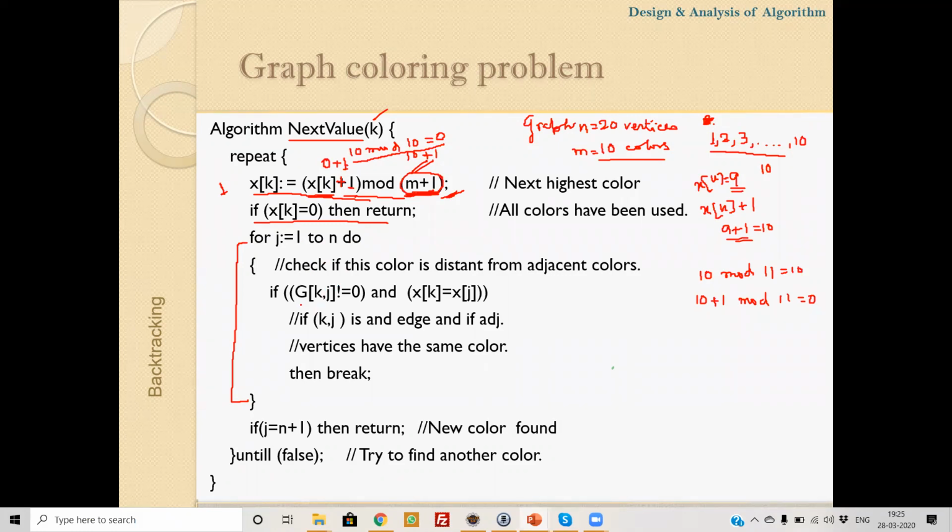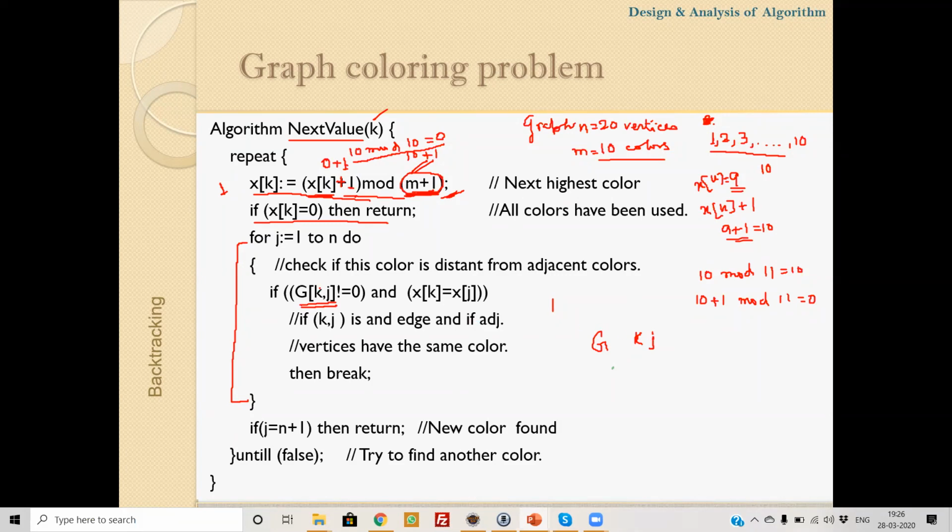So if we consider a graph, G is given. G is basically this graph, and k is the vertex number which is being checked for coloring, and we check all the vertices which are adjacent of j.